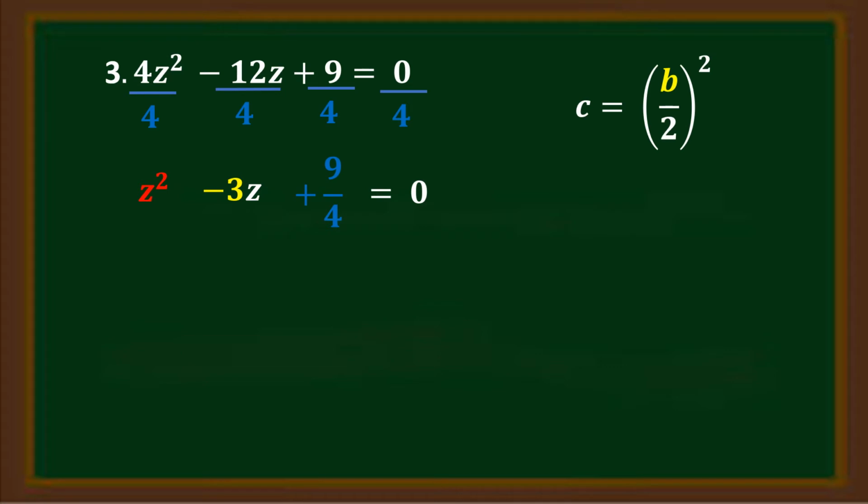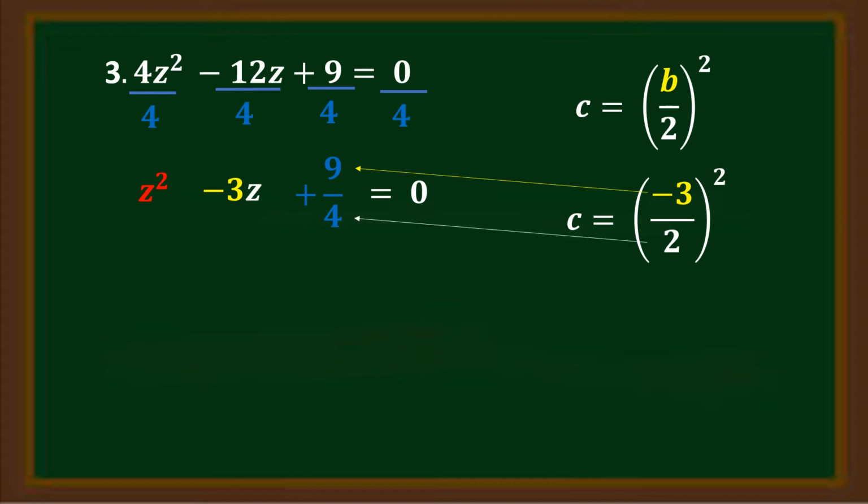In b over 2 squared, b is equal to negative 3. Negative 3 squared is 9, and 2 squared is equal to 4. Therefore, z squared minus 3z plus 9 over 4 is already a perfect square trinomial. So we'll be proceeding to the next step,